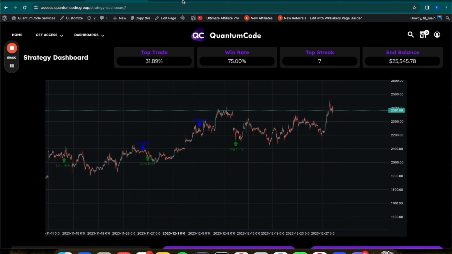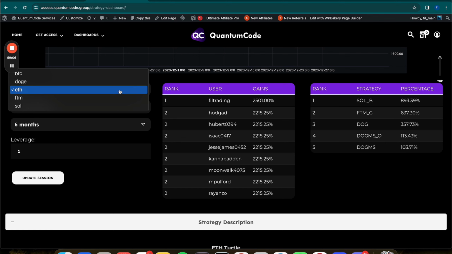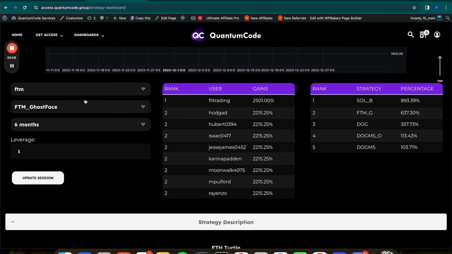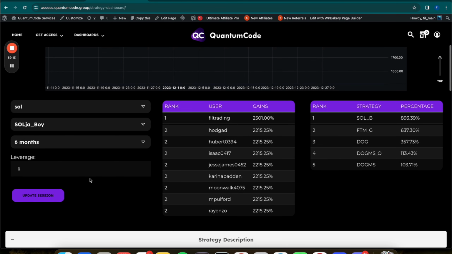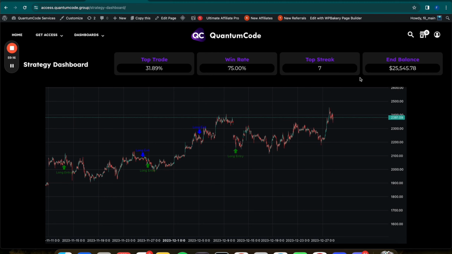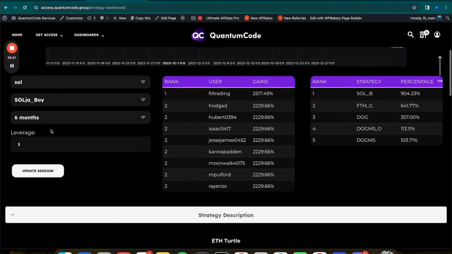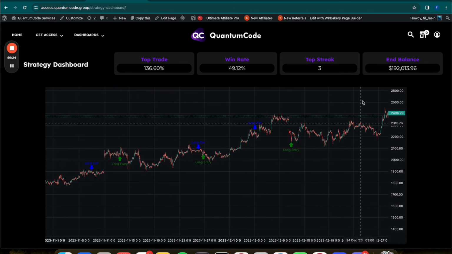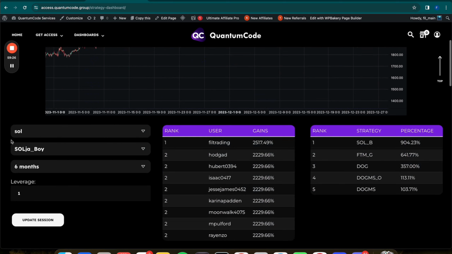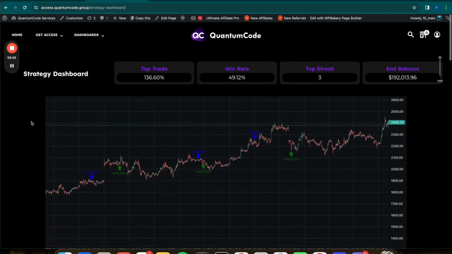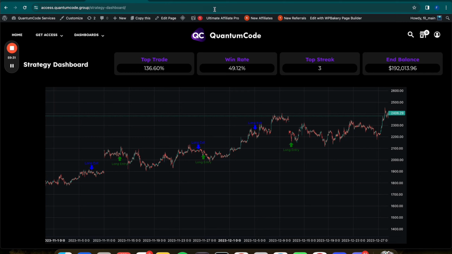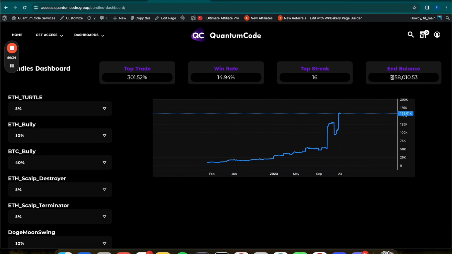So now, if we want to learn what the strategies are doing, let's look at FTM, right? Actually, let's look at Solana because that's the driving one. Let's look at Solana, updated. This once again is going to load the balance and calculate everything if we change something here, and it will give us the results. So a starting balance of 10 grand is 190 grand, right? So you would say, okay, well that's much better than the entire bundle. Why don't I just do that?